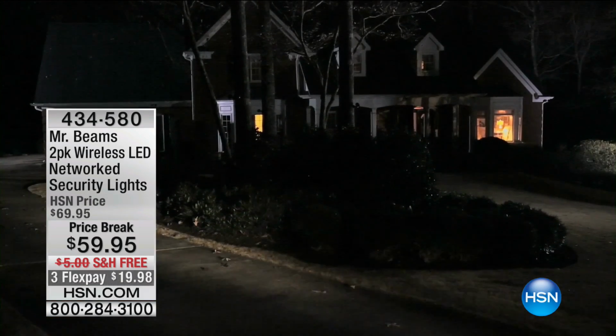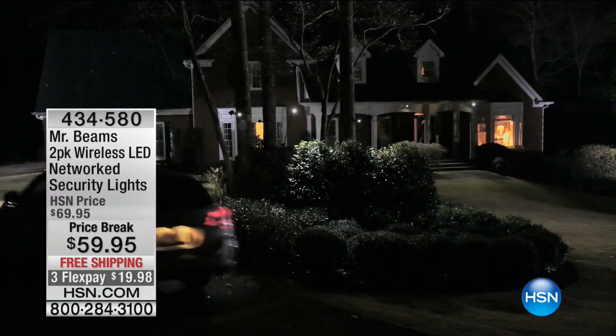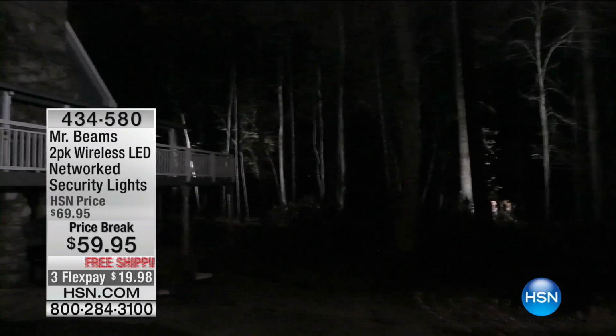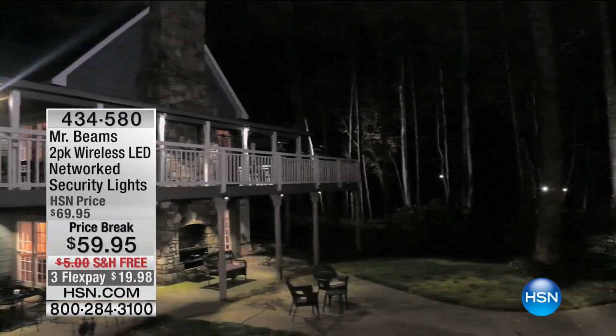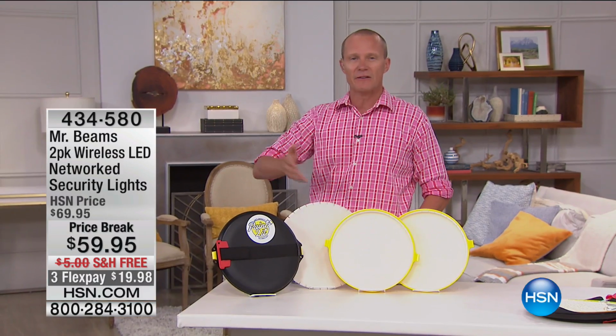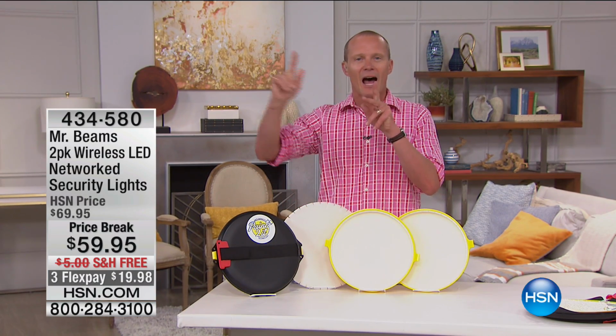In fact, check this out. No contractor, no hard wiring from Mr. Beams. This is a 2-pack of wireless LED security lights for less than $60. You know what? You can network up to 50 different lights in this. 50 different lights. The lights can be up to 150